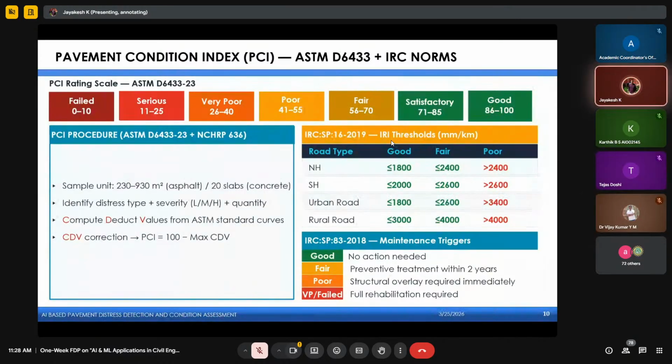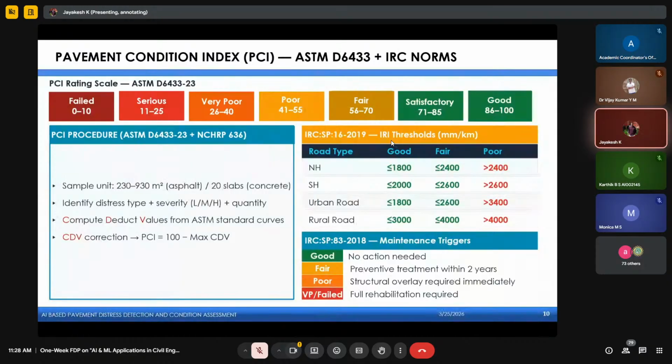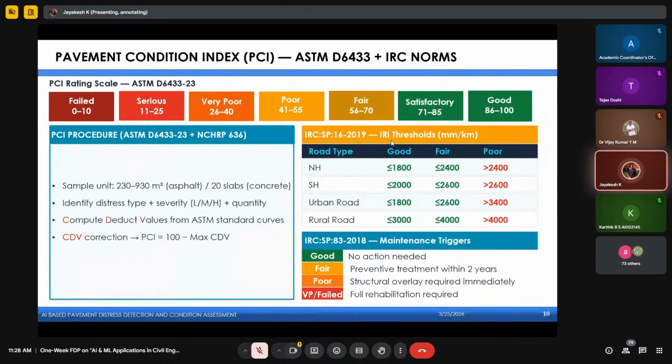it is satisfactory, 56 to 70 it's fair, 41 to 55 it's poor, 26 to 40 it's very poor, 11 to 25 it's serious, and 0 to 10 it's failed. So this is how the pavement condition index rating scale has been given by the ASTM standards. As well as, if I go to the IRC code,